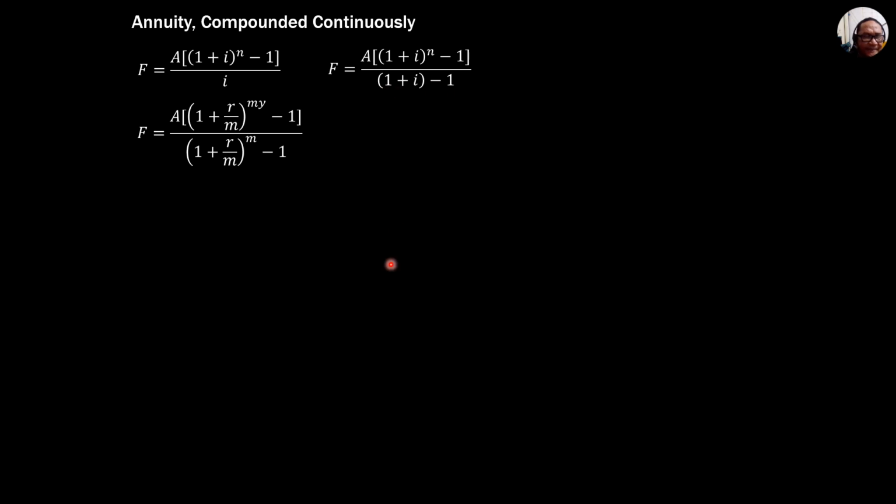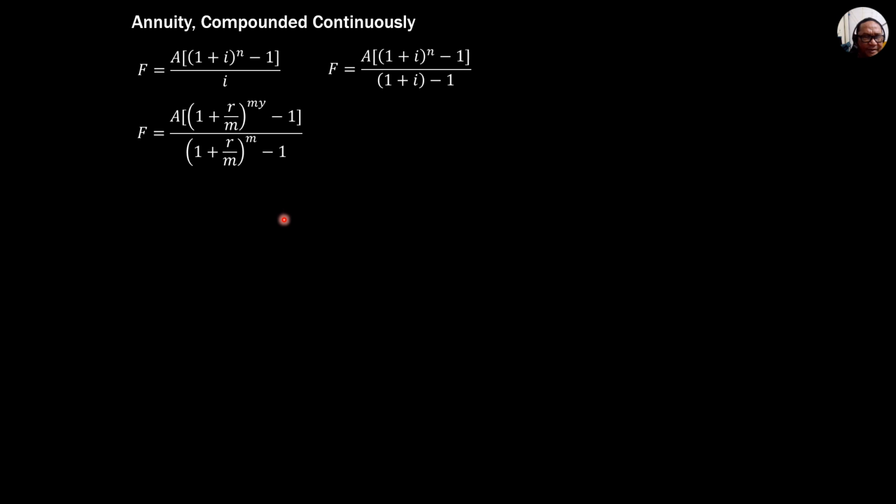It's the same. So we replace 1 plus i by 1 plus r over m raised to m, because this is raised to 1. So n is my, minus 1, and this one is my. So simplifying,